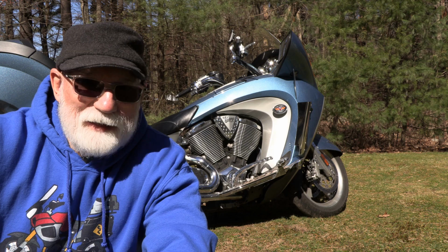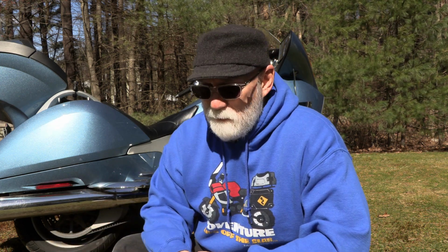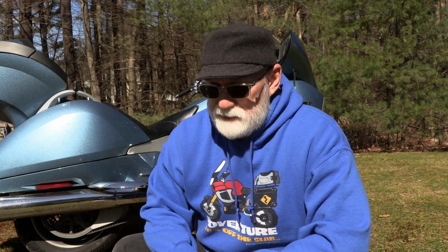But it's quite big. So another thing that's a little quirky is the keyless ignition system that Yamaha is using. And I know it's pretty standard nowadays in bikes in this price range to go with a keyless system. I'd never had one and I don't mind turning the key. I don't know what the big deal is about that. But most of the bikes now are going with these keyless systems. Well, in this particular case, there's a dial right up near the gauges that you have to turn to get the bike to power up so that you can then start it the old-fashioned way